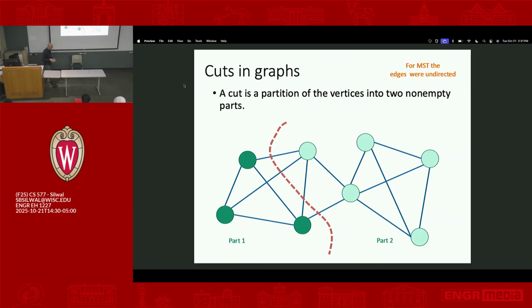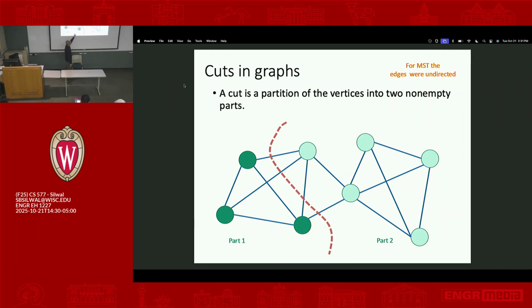So as we saw in minimum spanning tree, a cut is just a partition of the graph into two sets, and we count how many edges cross those two sets. Literally, you put one thing on one side, the other thing on the other, and count how many edges go from one side to the other. Okay, so in minimum spanning trees,